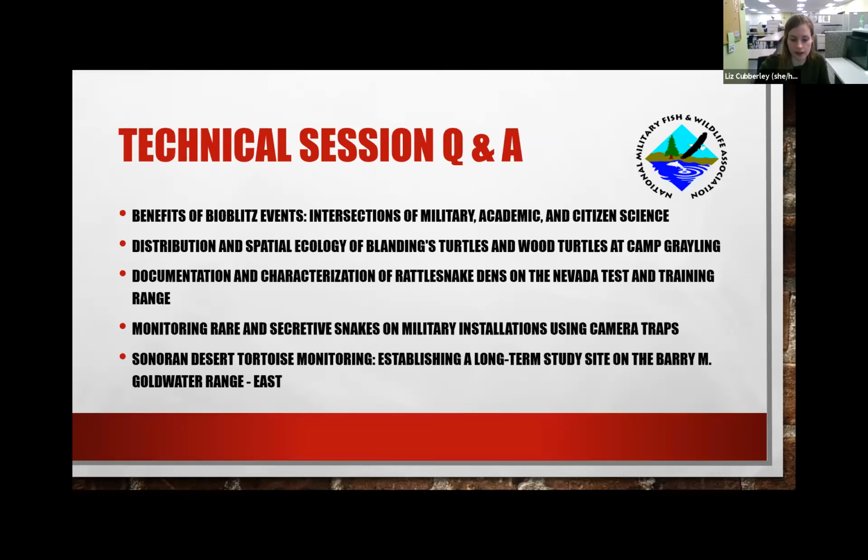Yeah, we had a number of precautions in place. Like Stephen was just talking about, we did schedule with the range control at Camp Grayling to make sure that we were never out on sites where there was active firing. A lot of our turtles were using sites that were active training areas, so we needed to work with them pretty closely. We also always went out in teams when it was possible, and we were required to have radios on site. So we did hourly check-ins with the range control just to make sure that everybody was on the same page,